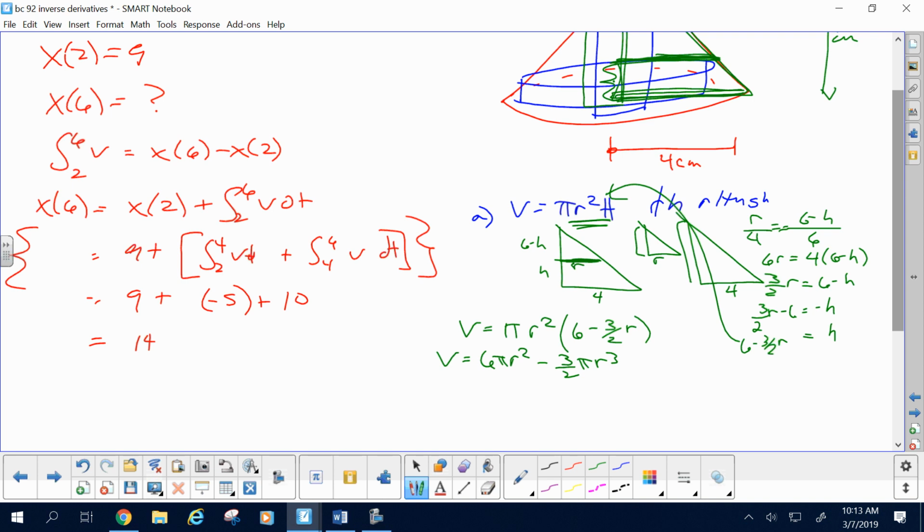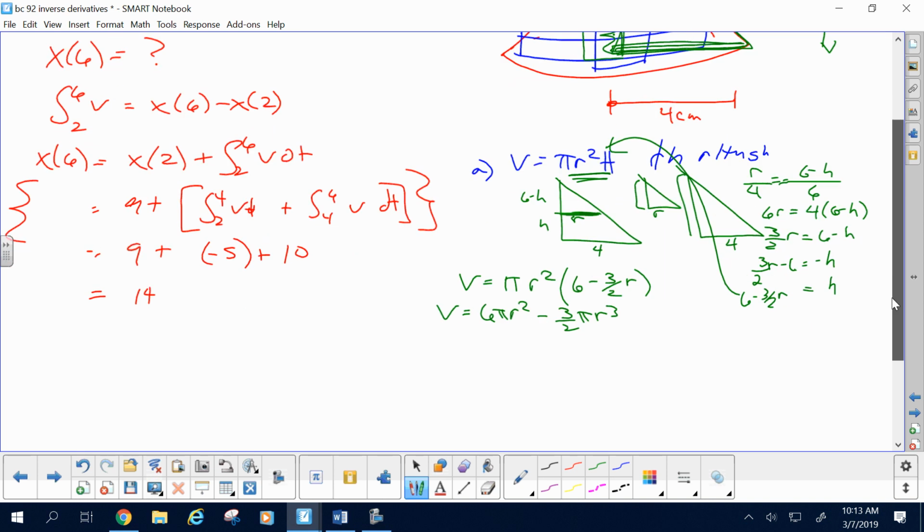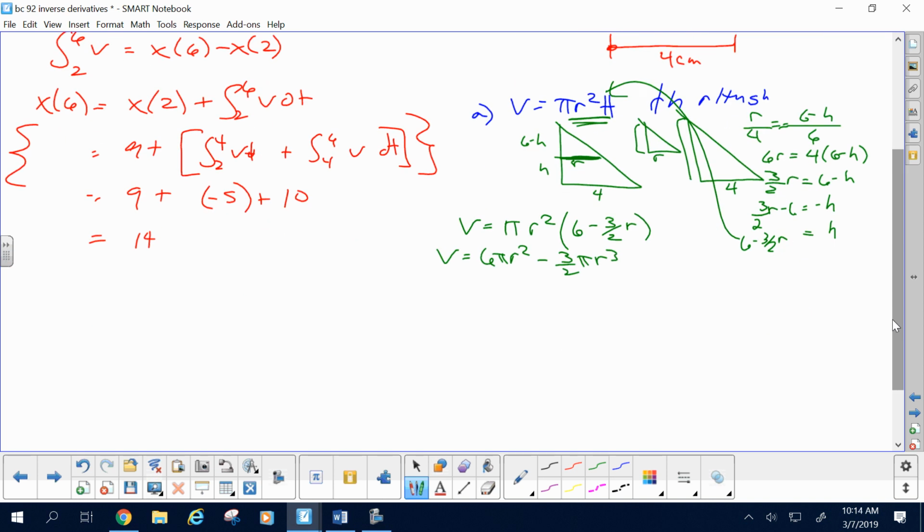B, find the radius and height to maximize the volume. That means find where, now does this mean differentiate with respect to time, or find the derivative with respect to r? With respect to r. So if I find dV/dr, I get 12 pi r minus 9 halves pi r squared. I'm going to find where this is 0 or undefined. If I take out a pi and an r, then I'd have 12 minus 9 halves r equals 0. This could be r equals 0, which is ridiculous, that can't happen, or 12 minus 9 halves r equals 0,